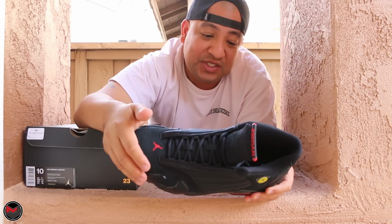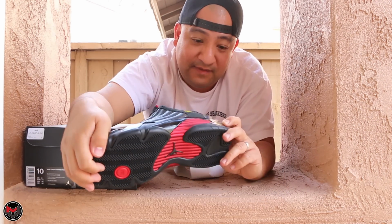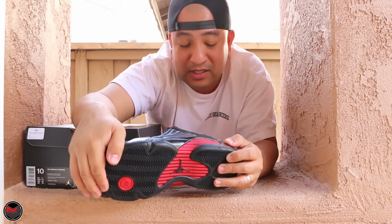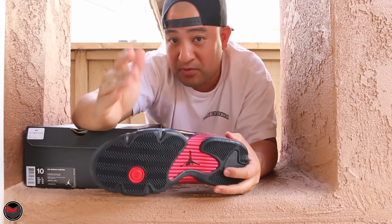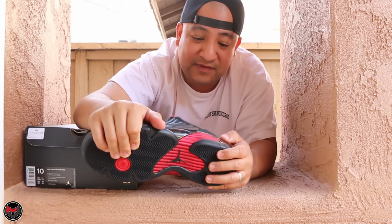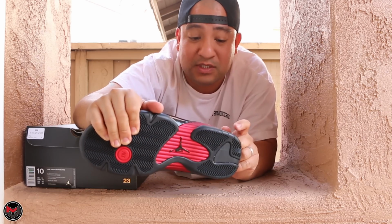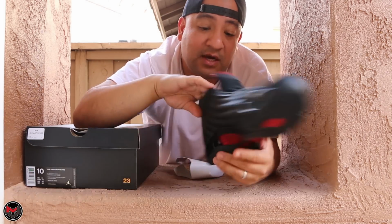Coming back to the shoe again, the creasing on the Phylon is just really bad. I don't like that at all. It's not really a good look. I wish they would use the original type Phylon foams that they used in the shoes. I think they make them kind of soft so that they can make the shoe overall soft and comfortable. These are some of the things that I'm willing to sacrifice when it comes to shoes, though. You can give me a softer